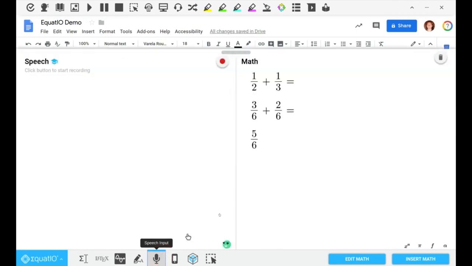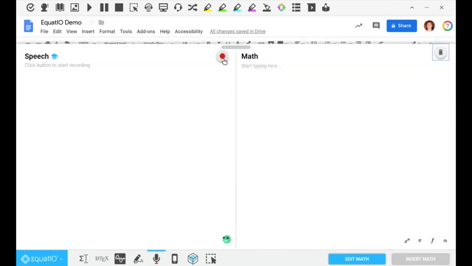Again, I've had that too, where I was at a Starbucks and some girl was getting tutored and she didn't know what 3 squared was. She didn't know what that squared component was. She was writing 32 and the tutor's like, no, 3 squared. And so the girl then wrote 3 with a little tiny 2, and that 2 kept shifting around. She just didn't know it went into superscript. So with the speech input, she could just say 3 squared. And it could go up into the superscript, and she could see what that notation is.